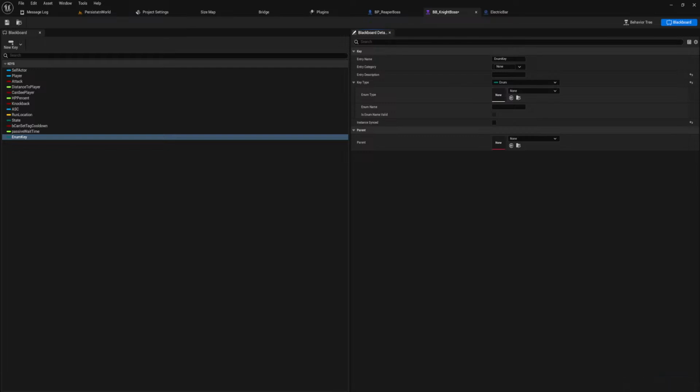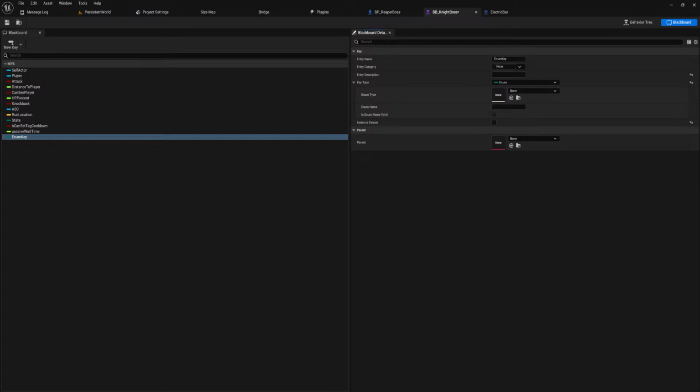ChatGPT also doesn't know. Google, Unreal C++ enum not showing blackboard. Yeah, C++ enum doesn't show up on blackboard keys. Exactly. There is a way.